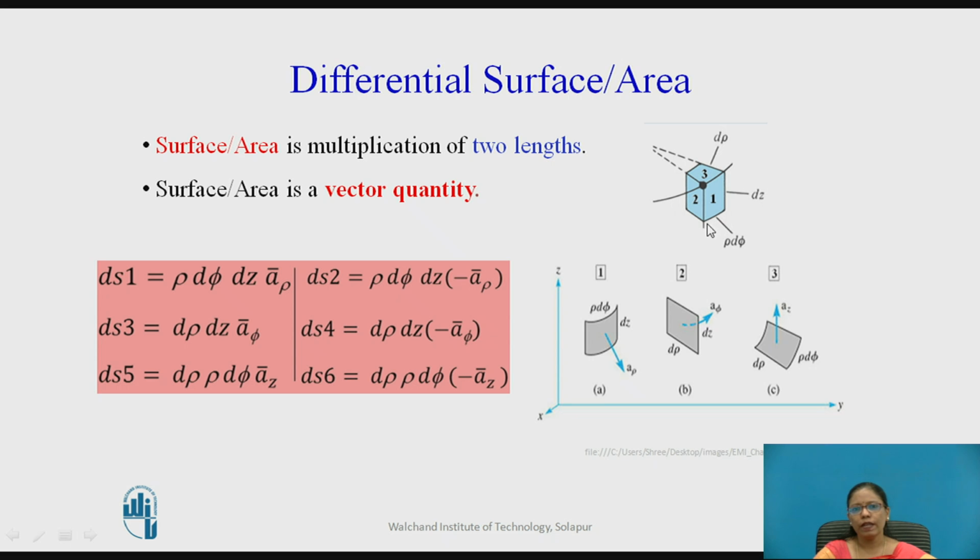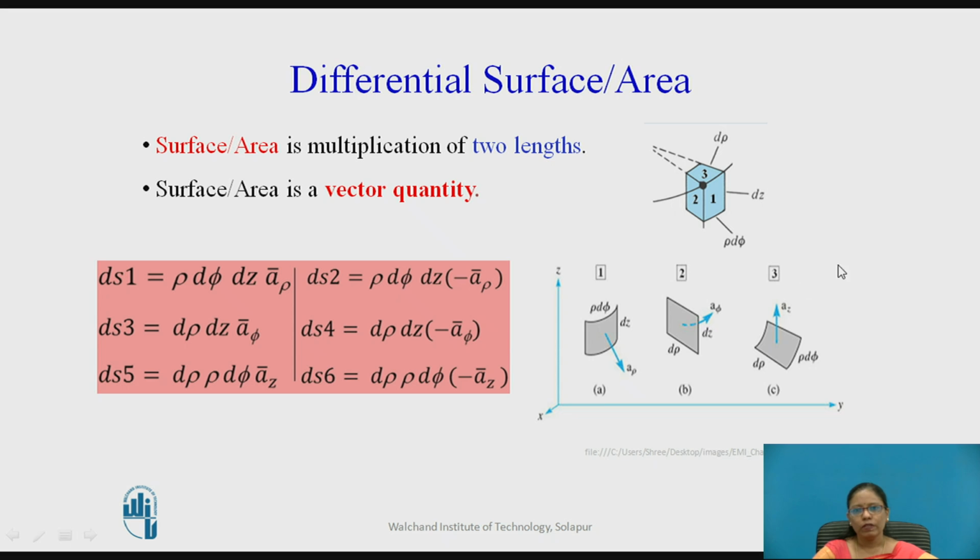Vertical change is dz, and this circular change is rho d phi. So this is rho d phi dz. So first surface I can write as rho d phi dz, and the one which is coming outward is a rho bar. There is another surface, exactly diametrically opposite, which I can write as ds2 bar as rho d phi dz with minus a rho bar. Similarly, the surface along the angular direction, I can write as d rho dz a phi bar, and in the exactly opposite direction also there is a surface which is d rho dz minus